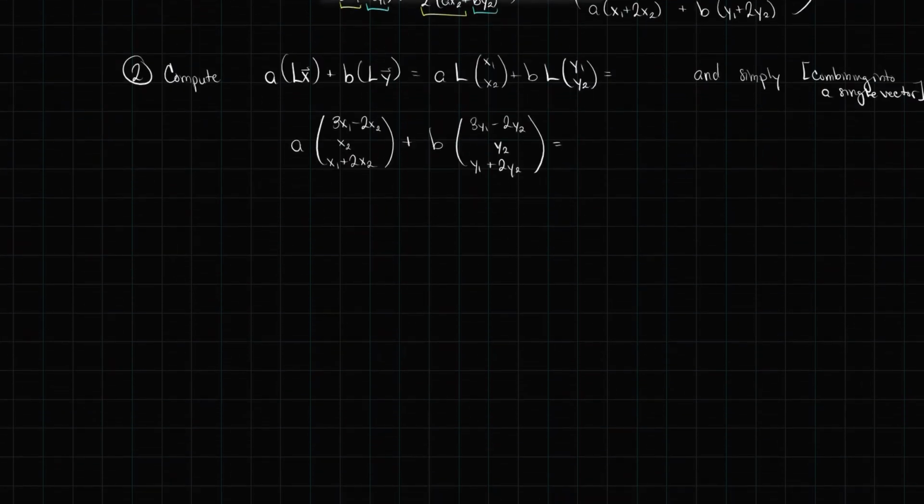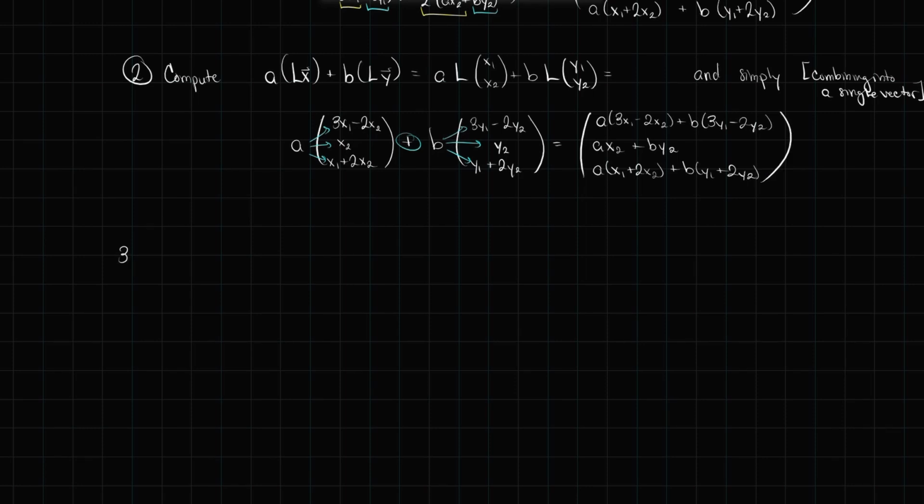And to combine into a single vector, I'm just going to distribute the a's across, the b's across, and utilize the plus. This is going to give me a times 3x1 minus 2x2, plus b times 3y1 minus 2y2. It's going to give me a times x2 plus b times y2, and finally it's going to give me a times x1 plus 2x2 plus b times y1 plus 2y2. In step 3, I compare